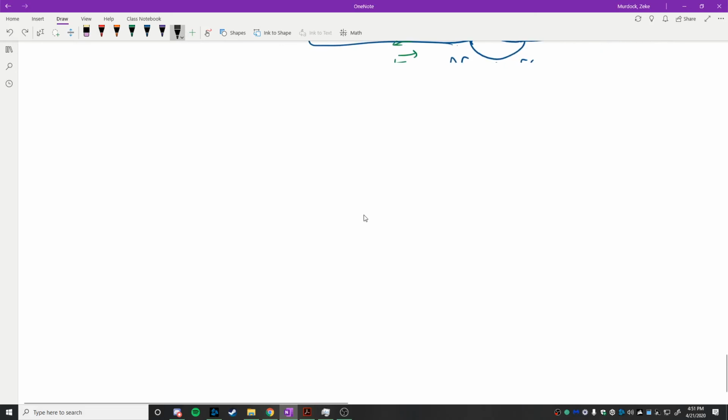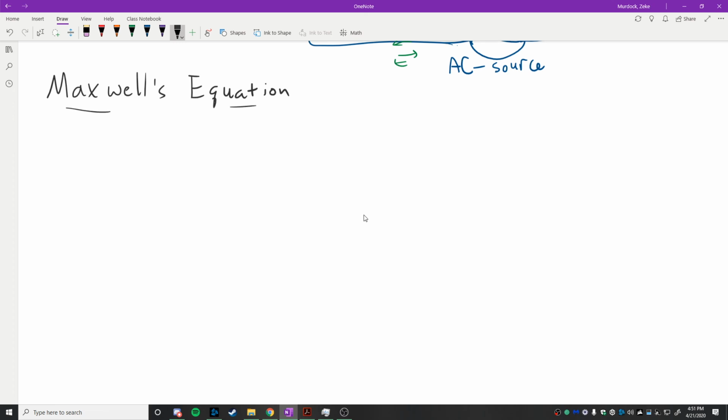Let's actually just write out what Maxwell's equations are now. We're going to develop these in more detail later, but here's what they are. We can write them down very quickly here. You might actually be able to recite them now. Two of them were introduced today. So they are Gauss's law, that's one. Number 2 is Gauss's law for magnetism, which states that if I do the same thing,